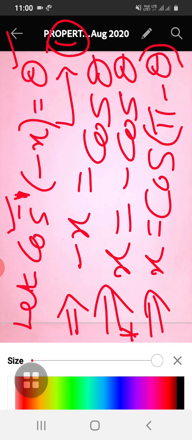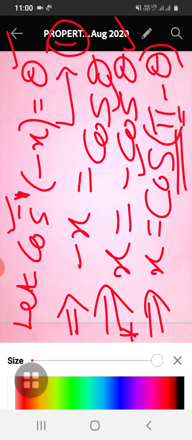See, observe here, 180 minus theta means it lies in the second quadrant. In the second quadrant, sin is positive, the ratio does not change, and cos is negative. So cos of pi minus theta is as good as minus cos theta. This is the ASTC rule. So I can write minus cos theta as cos of pi minus theta.